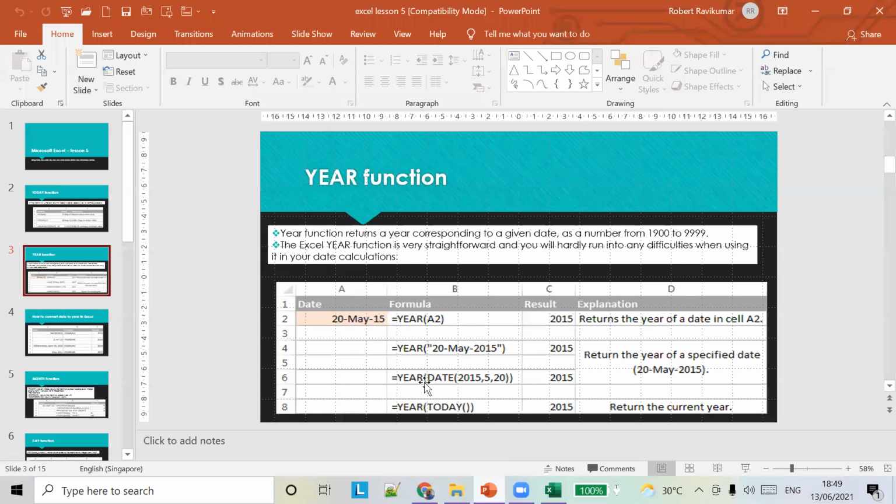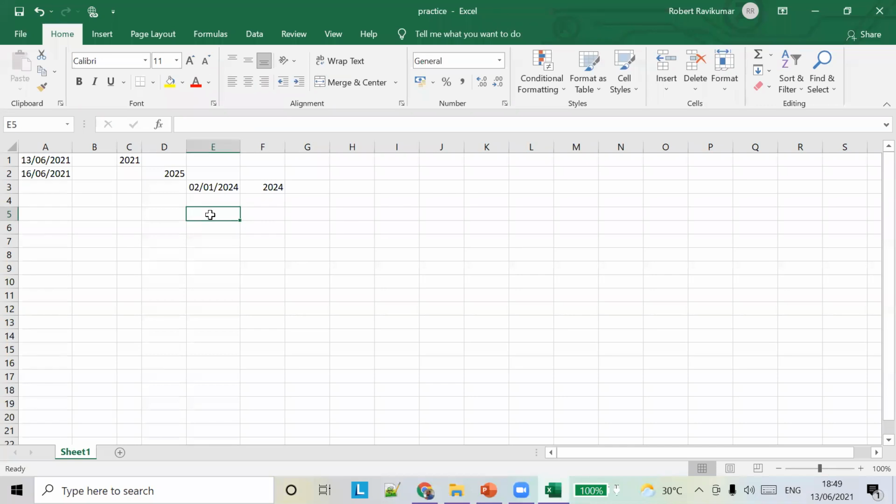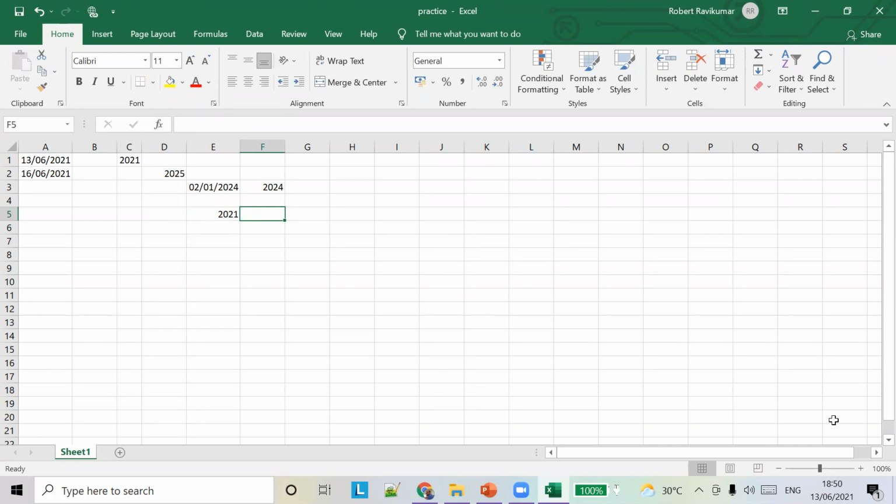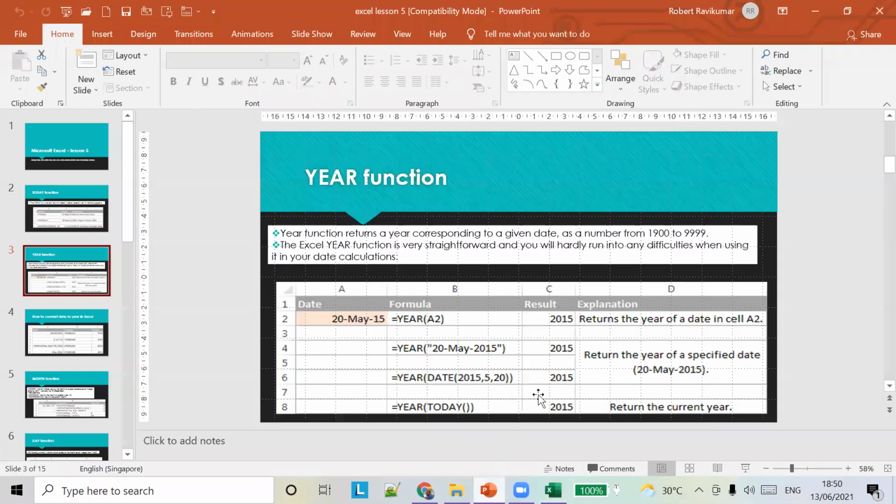So we created a date object using the DATE function, and then from that date we get the year. Similarly, you can pass today's date also. So you pass TODAY, and you'll get 2021, since the current year is 2021. That's how you find the year.